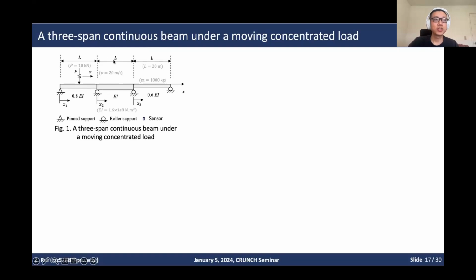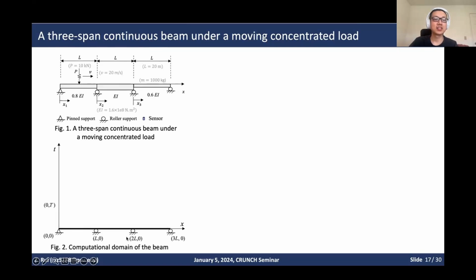So this is a 3-span continuous beam, which is under a moving vehicle load P with a velocity V. So we can see that for each span, the flexural rigidity is not the same. So we first get the computational domain of the beam. And the X represents the location, right? The Y represents the